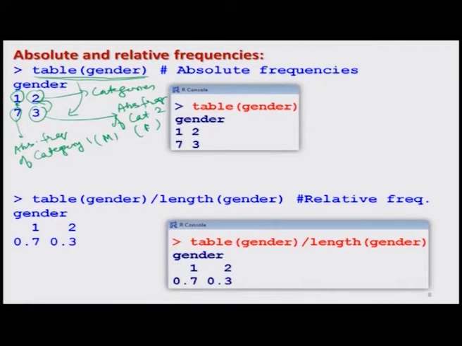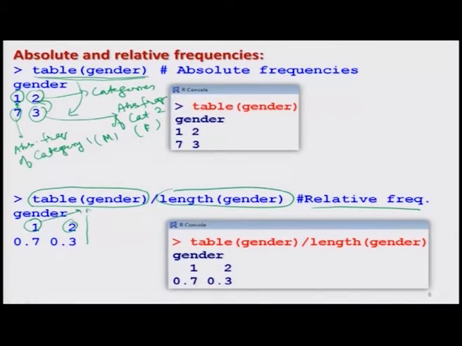And similarly, if I want to find out the relative frequency, then I simply have to use here table gender divided by length of gender, and you will get this type of outcome, where again this 1 and 2 denote the male and female categories, and this 0.7 is 7 divided by 10, and 0.3 is 3 divided by 10.